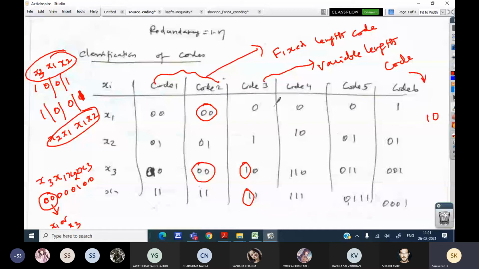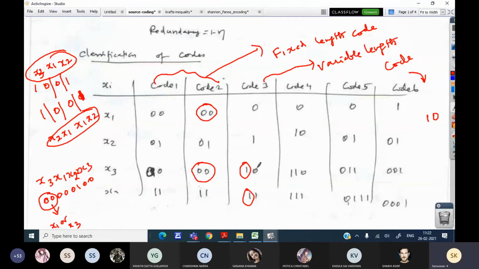Suppose I'm mixing these and sending them, at the receiver side I'm going to decode immediately. I should decode the original message sequence, right? That is my aim. So when it is a uniquely decodable code, is it possible to decode immediately? Yes, sir. Code 4 and 6 are uniquely decodable codes.